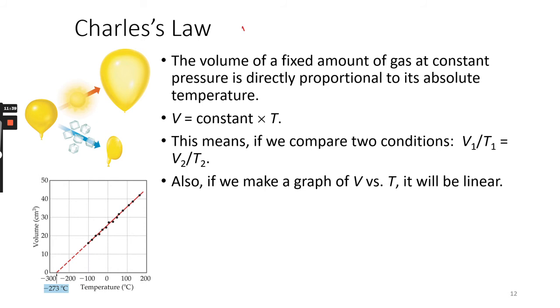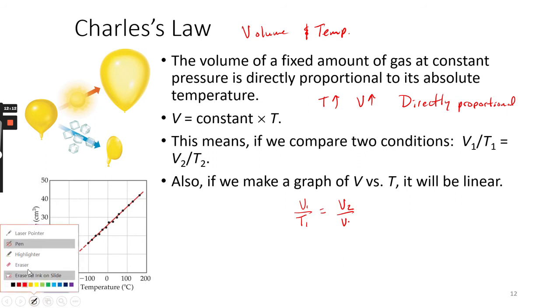Charles's law deals with volume and temperature. And basically, as you increase the temperature, your volume is going to increase. These two are directly proportional. So, since they are directly proportional, notice the slope of this line is constant. When you take the ratio, so your initial volume over your initial temperature should be equal to